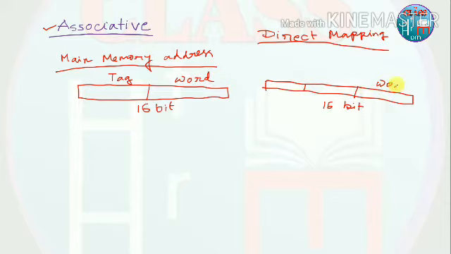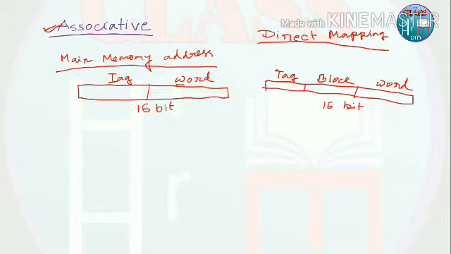One field is called word, another field is called tag, and another field is called block. But in the associative mapping, it will be only tag and word. The block is not present here.